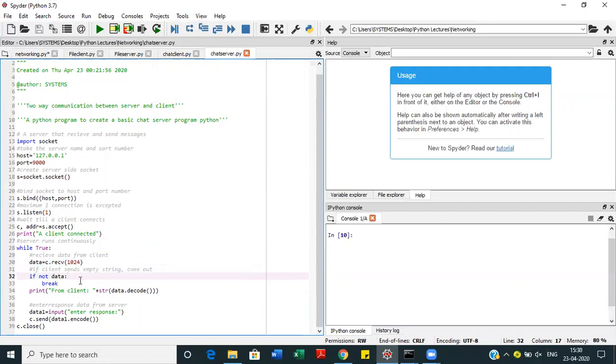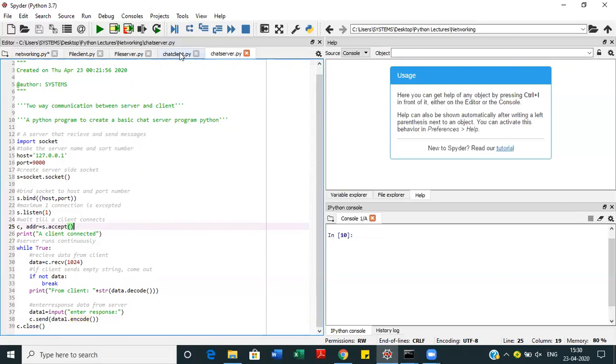It will keep on running this while loop and printing the data, and it will ask the server to enter some response in the encoded form, and then this encoded data will be sent to the client end, and the client will decode it, and then again the client will type some message and send it back.